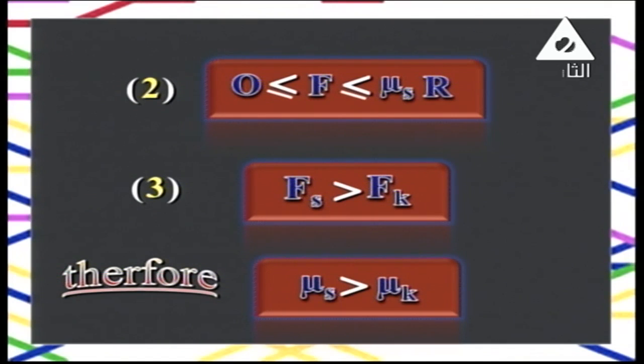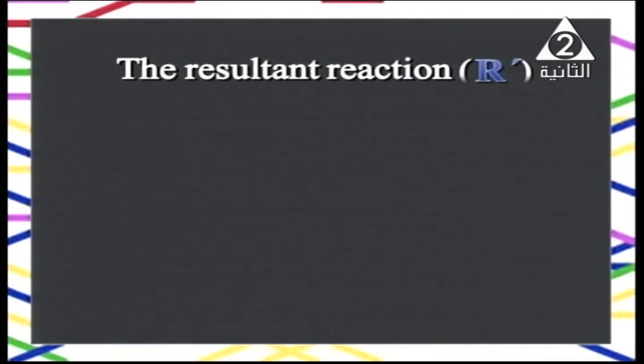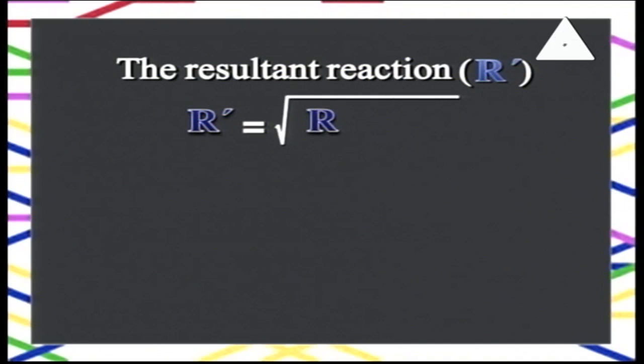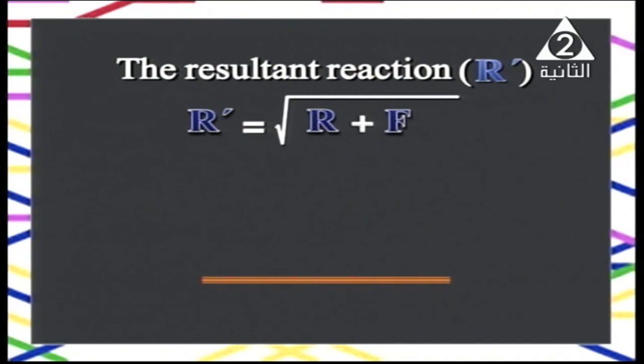My dear student, the resultant reaction has the symbol R dash. What is the relation between R dash and normal reaction? Look at, my dear student, if a body is put on a table, then we have two forces. Number one,